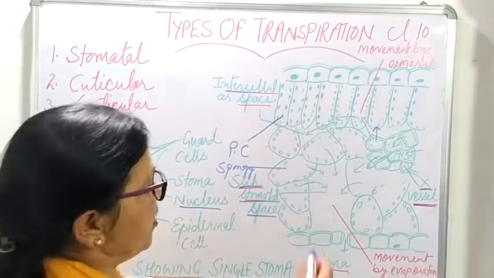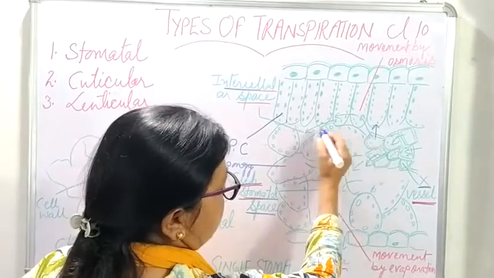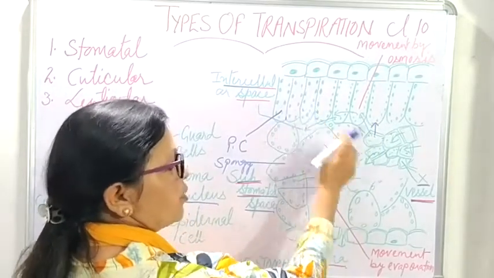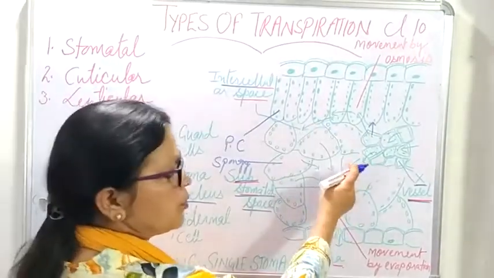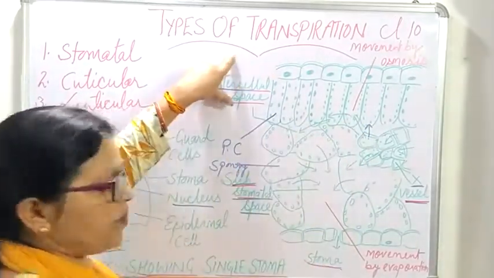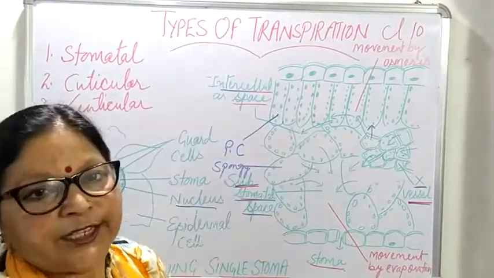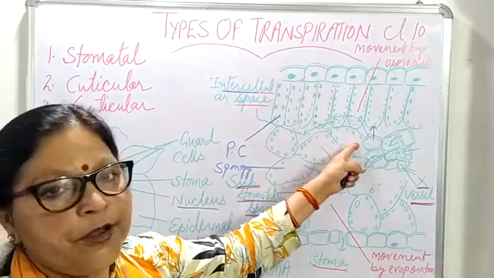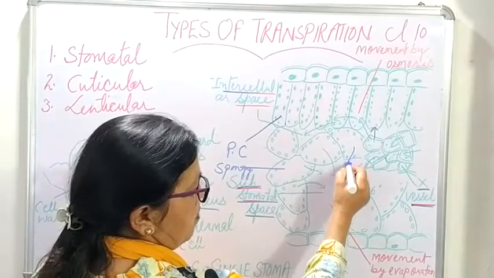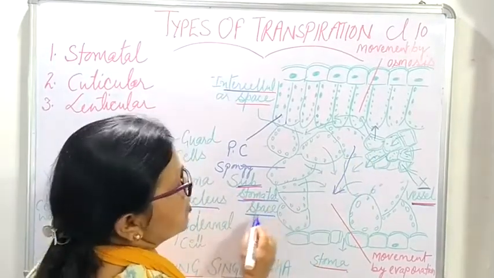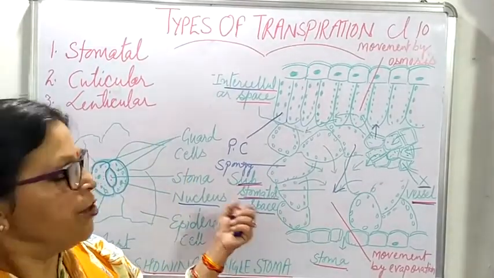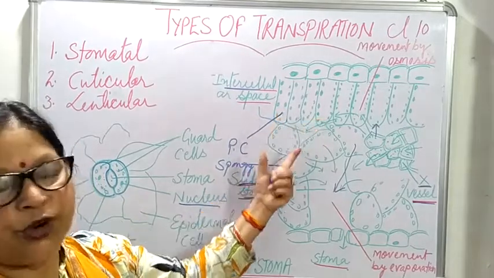And when this water is evaporated, then this water starts collecting in the intercellular spaces. So this water vapor will collect in intercellular spaces, as has been indicated by the arrows also. So this water will be collected here in between the cells, that is, the intercellular space. When this water vapor is saturated, when there is a lot of water vapor in the intercellular spaces, then this water will be carried to the substomatal space by diffusion. Now you all know diffusion. Diffusion is the movement of molecules from a region of high concentration to a region of low concentration.